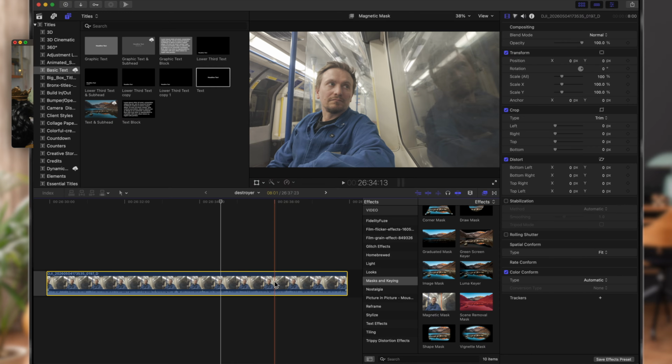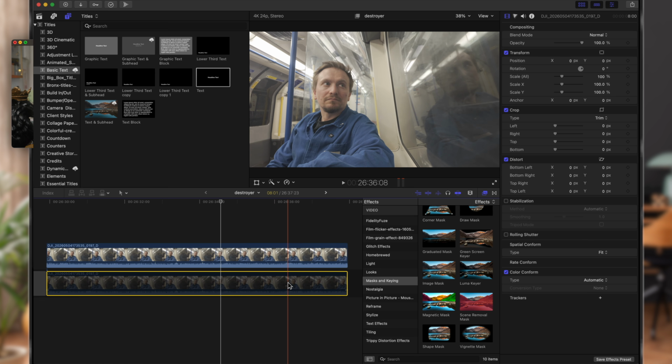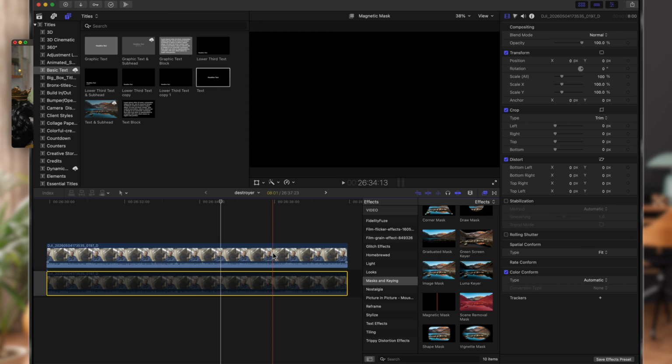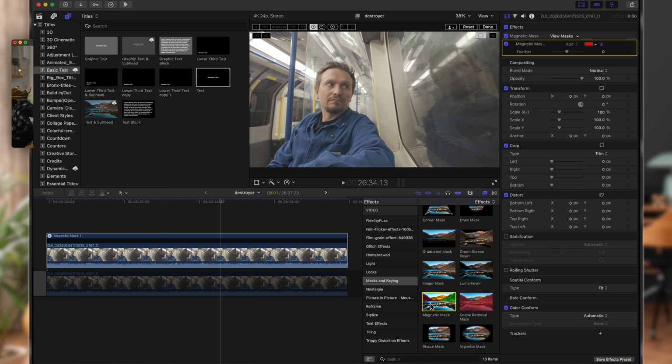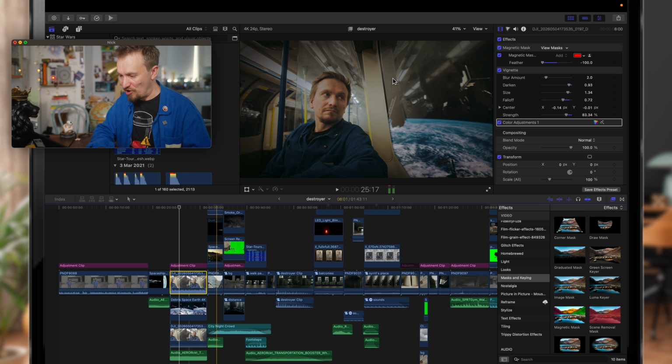And then what I've done is I've used the magnetic mask tool in Final Cut Pro. To get that, you slide down here to masks and keying. You choose magnetic mask right here, and then you can just select the areas that you want to remove. Now it does help if those are flat areas, but as I'll show you in just a second, this actually wasn't originally. So if I take this shot right here, I've selected this shot from the Osmo Pocket 3,